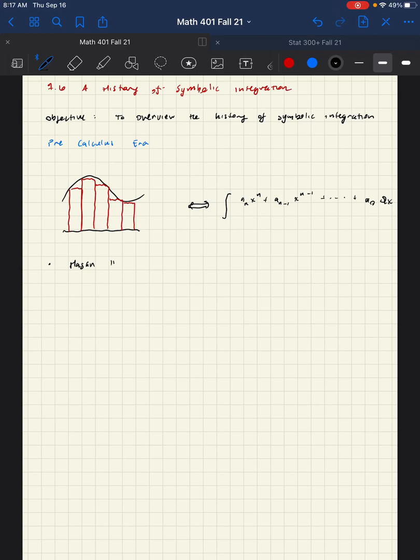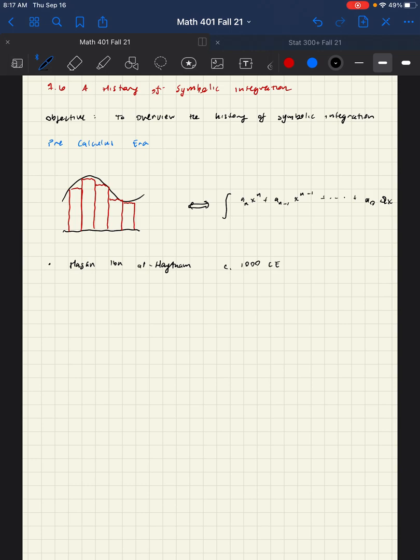And so the first person that we're going to highlight here is Hassan ibn al-Haytham, circa the 10th century Common Era, so around 1000 CE. You may know this if you have any knowledge of the golden age in the Islamic civilization, where there were a lot of advancements in the Middle East,